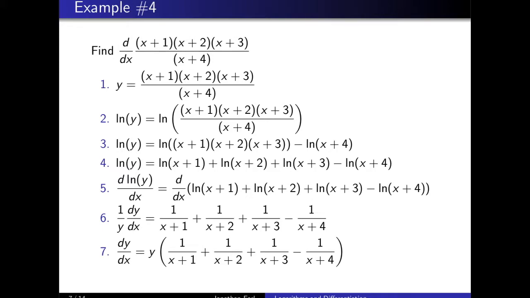So the first thing we're going to do is take y to be x plus 1 times x plus 2 times x plus 3, divided by x plus 4, and then we're going to take the natural logarithm of both sides. And when we do that, we'll use the rules that we just had for dealing with logarithms. So we'll get the natural logarithm of x plus 1 times x plus 2 times x plus 3, and then subtract off the natural logarithm of x plus 4, and then we'll use that product rule that we just had for natural logarithms to say that the natural logarithm of y